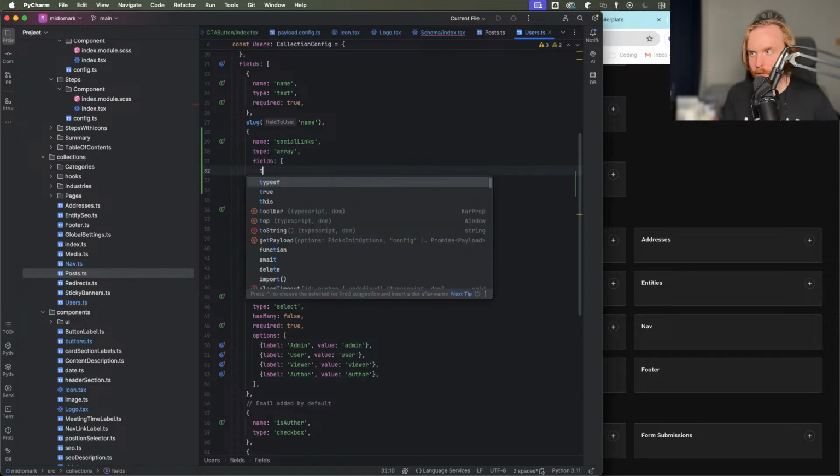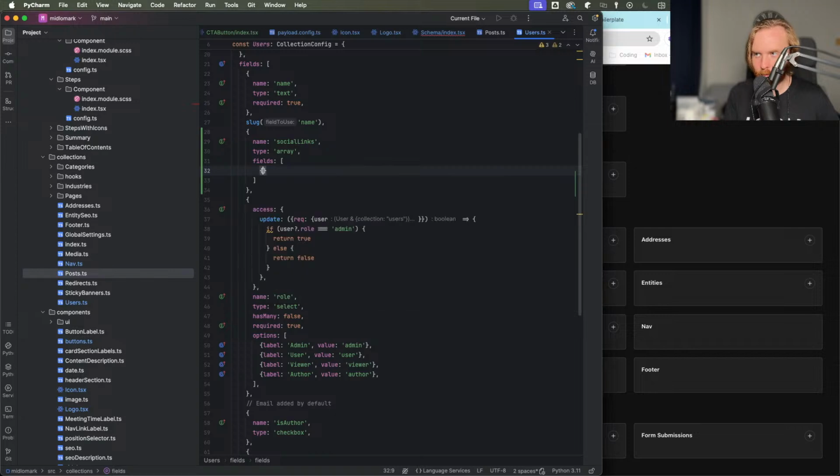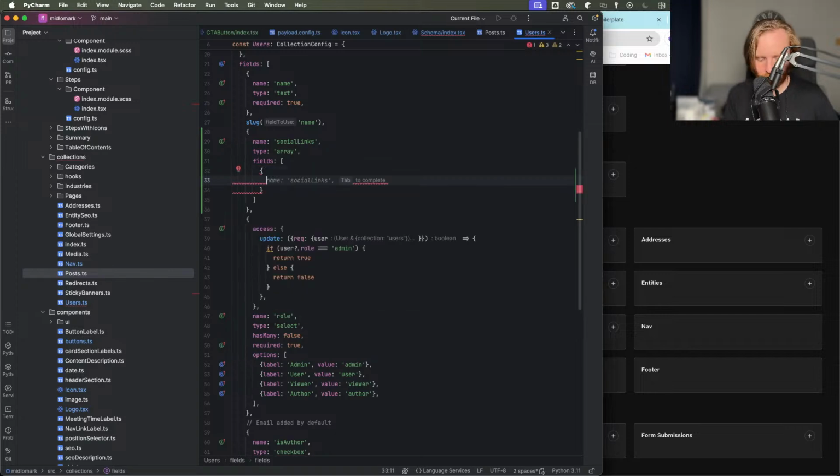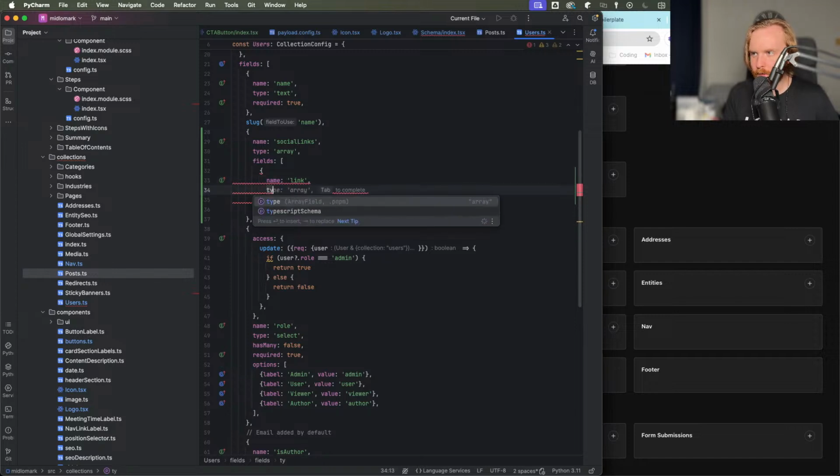We'll then have a new field, and this will be name of, we'll just do link is fine. So we'll do link, and then type not array,